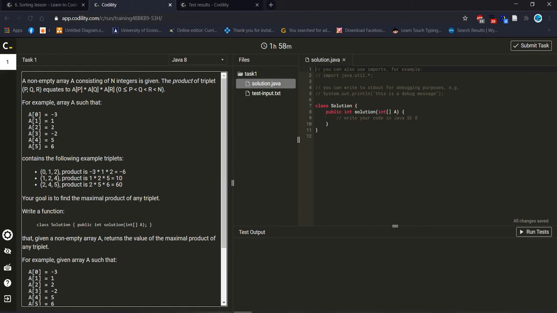How we can get the maximum product from this array? We can see index number 0 1 2, it's minus 3, 1 then 2, the result is minus 6. This is the minus value.